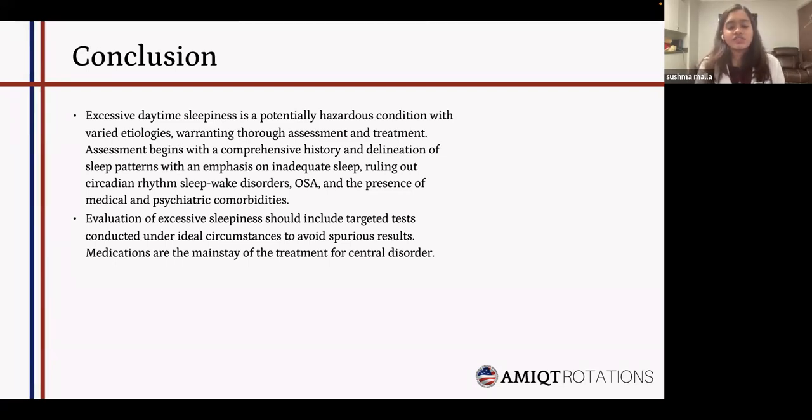Some studies mentioned that some patients with narcolepsy had to change 7 doctors to actually get a sleep study. One of the main reasons that I wanted to talk about this topic was that that should not happen. A patient should not have to go through so much to get the treatment that they really need.